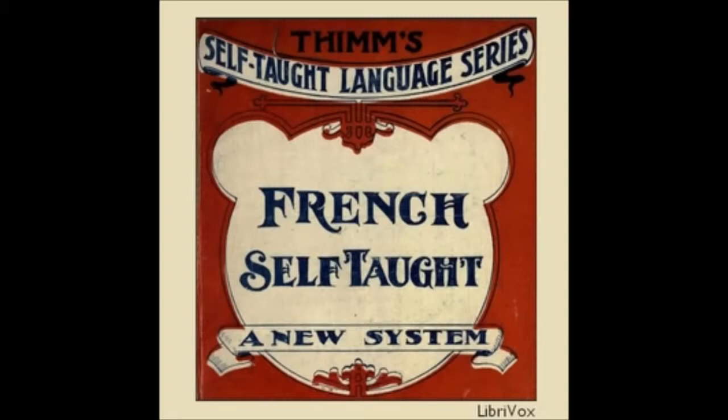the lips, les lèvres, the tooth, la dent, the tongue, la langue, the neck, le cou, the shoulders, les épaules, the arm, le bras, the hand, la main, the fingers, les doigts, the nails, les ongles, the chest, la poitrine, the heart, le cœur, the knee, le genou, the leg, la jambe, the foot, le pied, the bones,